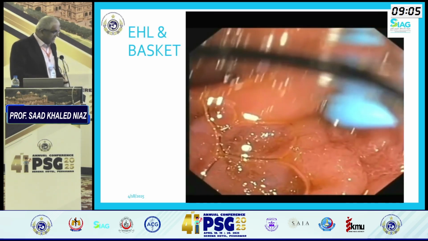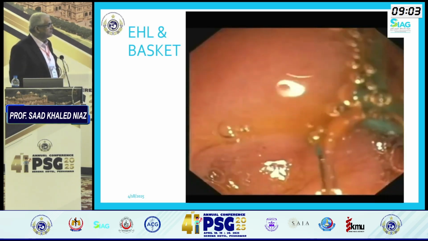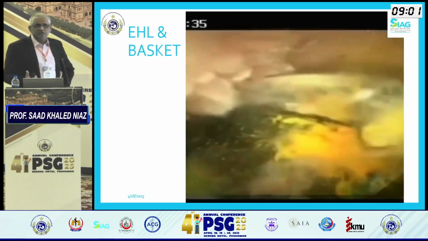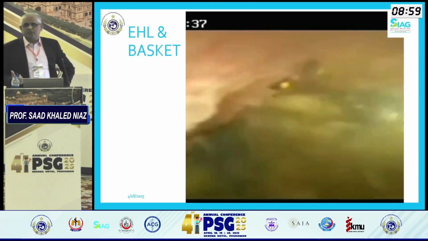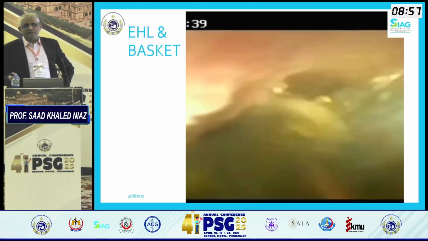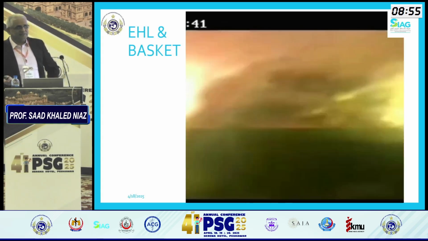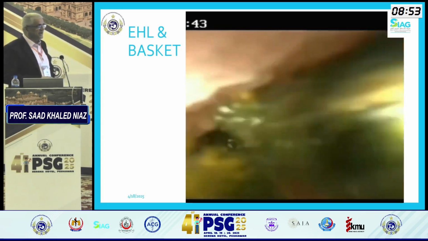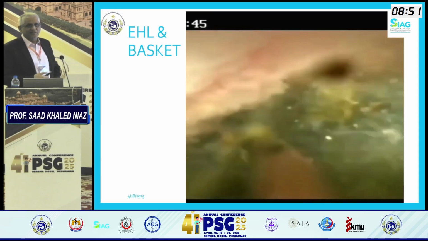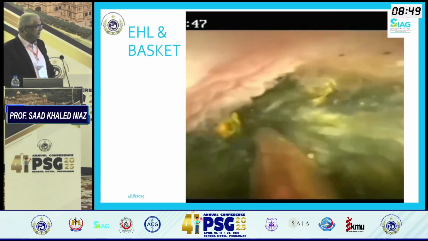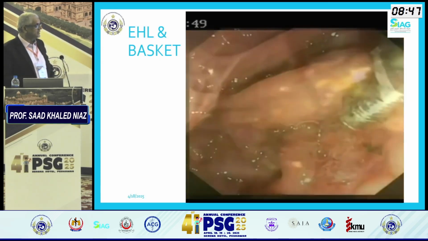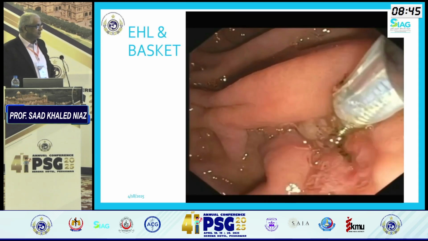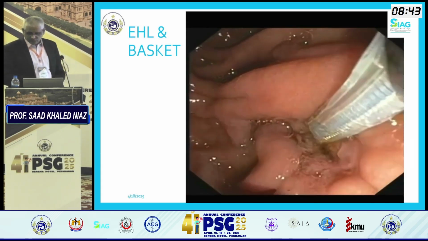So here's an example of the SpyScope going. I don't use the guide wire to insert the SpyScope. Most of the time, I want the SpyScope to go in when I've done a sphincteroplasty. In most cases, we try and get in anyway, because we try everything else first before you use the Spyglass. So you can see the stone is there, the stone's been crushed, and then you remove the stone with the basket.